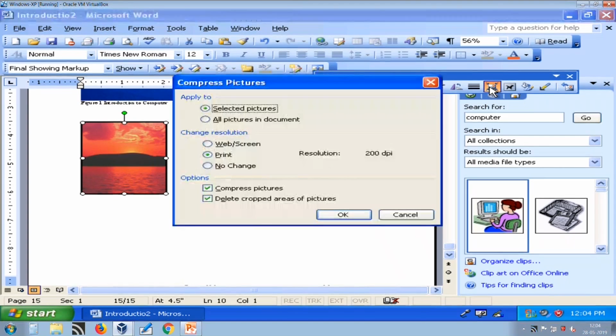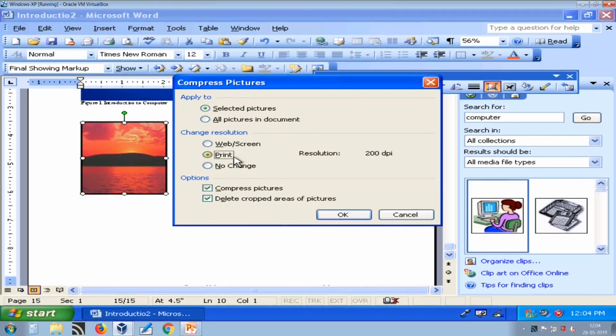Similarly, I can compress my picture, and it asks whether you want to apply it to selected picture or all pictures in document, whether you want to change resolution for web or screen, for print, or no change. So if I select web and screen, it uses resolution 96 dpi, which is less than print.